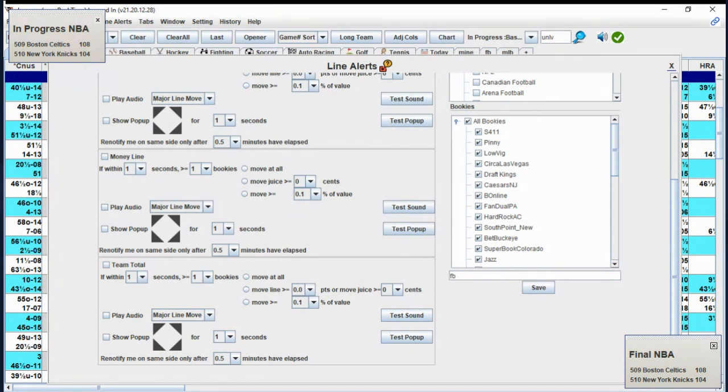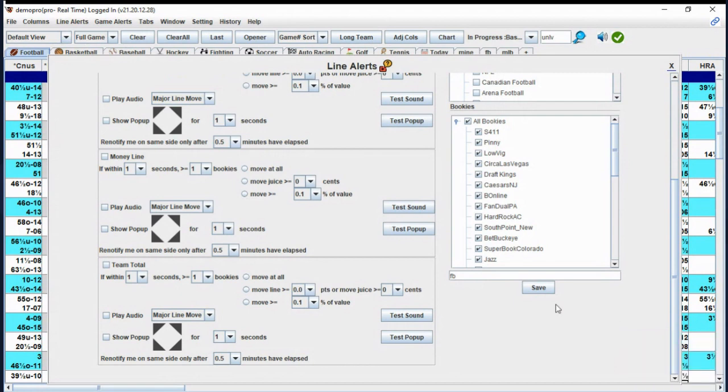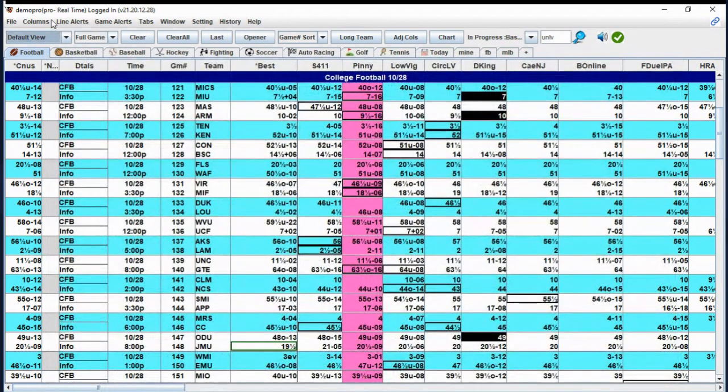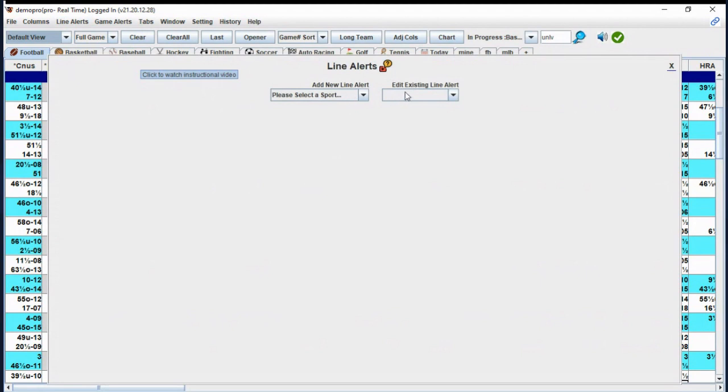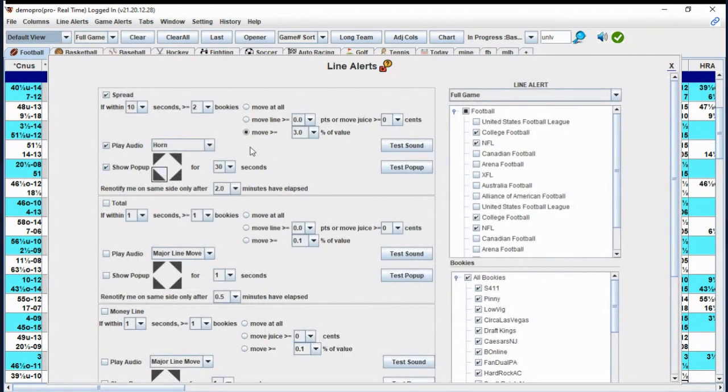Okay. There's another thing with the final and this in progress. So we're going to have to look at that. All right, save. So now I set up my line alert. Why would you use it? So now if I want to edit existing, I just go back and then I can edit exactly what I just touched on. This is something I like to use just to show the test. Maybe we do it for move it all, because then to show you, we can actually make it just one bookie move it all, which will, anytime a bookie moves,